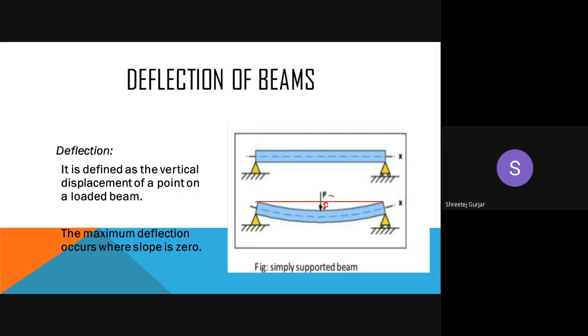Usually deflection is considered in the vertical plane, not in the horizontal. Deflection is the displacement or the movement of your beam in the vertical direction. It may occur at various places. It is not only at the center, it is over here also, and here also. But where is it maximum? It is usually maximum where it is loaded. Not every time, but whenever you have a concentrated load on a beam, it is usually under the load. So this is regarding deflection and where the maximum deflection occurs.